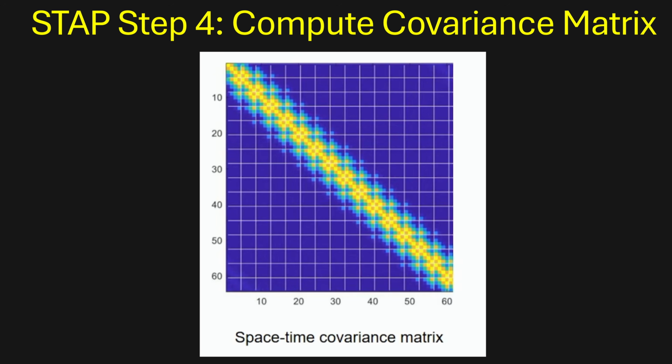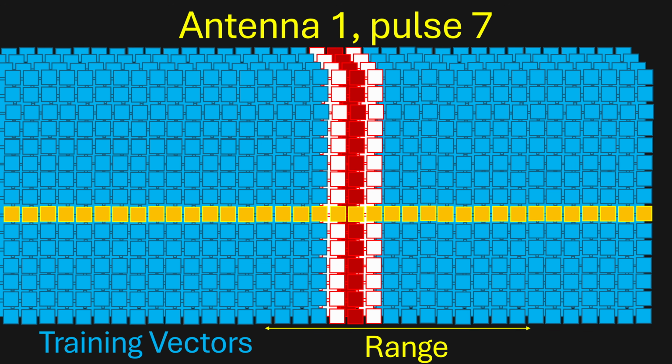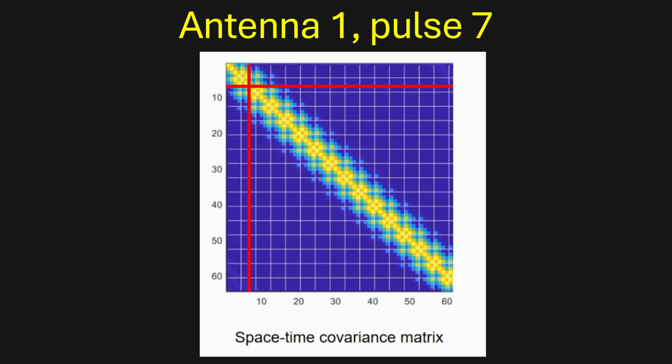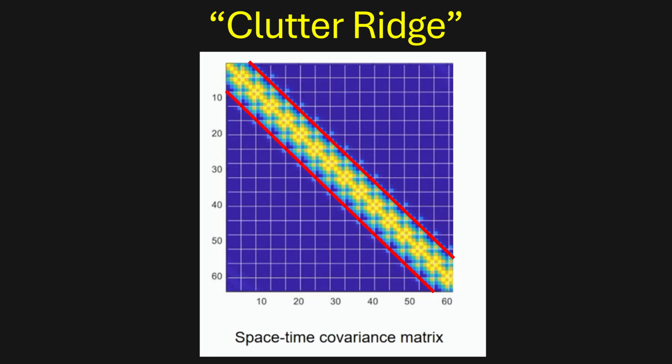Next, we will compute a covariance matrix using all of that training data. Each pulse antenna pair appears once on each axis, and all of the training range bins are used to compute a covariance with every other pulse antenna pair. The clutter signal does not change significantly between adjacent antennas or adjacent pulses, so it forms the highly correlated clutter ridge,